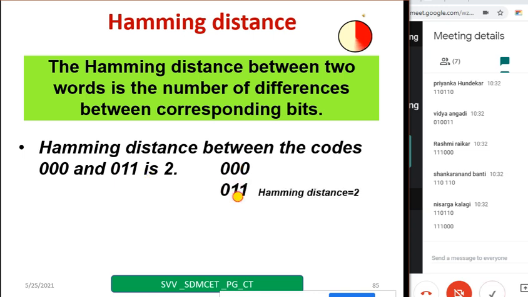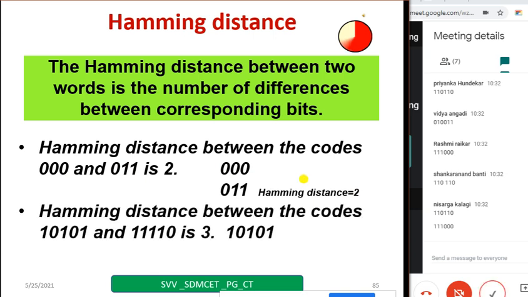You can write it down like this and see how many bits are different. That will be the Hamming distance between the two, whatever codes you have taken. Now the Hamming distance between these codes is 3. Why? 10101 is there, 11110 is there. You can write one below the other and try to count. It is same, this is not same, again same, not same, not same. Three are different. Hence I can say the Hamming distance is 3. So just take a few seconds and try to understand this.